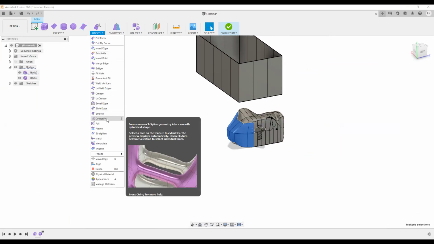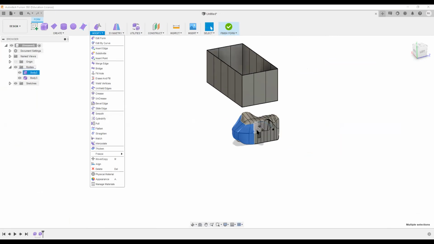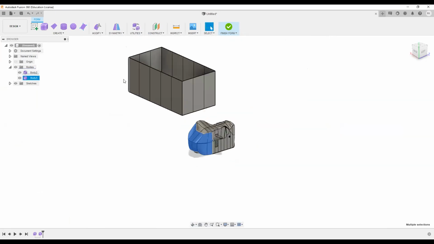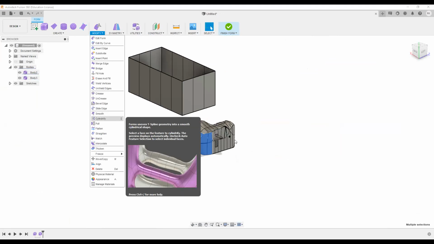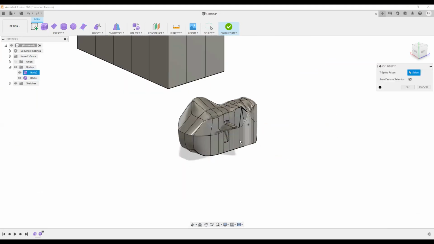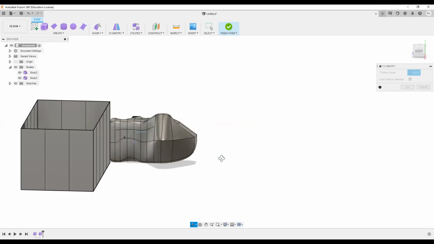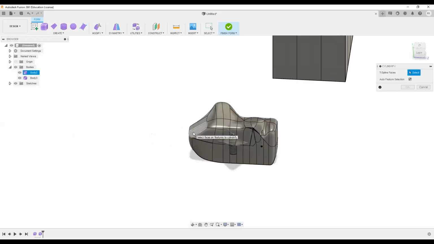Then there is this cylindrify tool. I don't know whether it will work on this particular face, but I'll try again on this particular body. For that tool, if I want to make any curvature or curve look like a cylinder, I'll have to choose the tools.